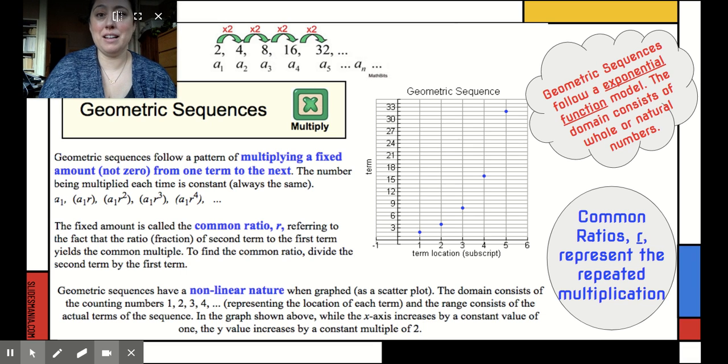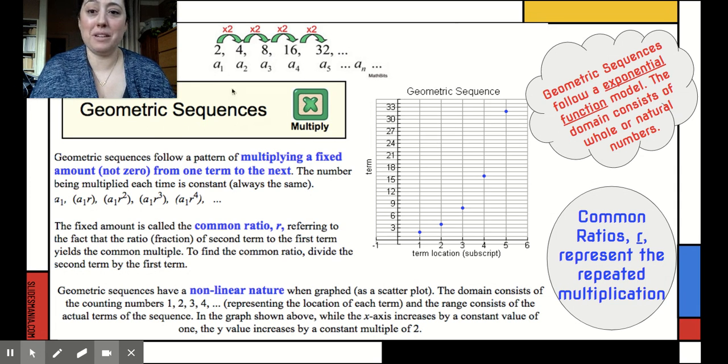Hey, good morning, everyone. Welcome to Thursday, where we are talking about geometric sequences, right? Yesterday was all about arithmetic sequences and how they are a type of linear function. A lot of you wrote on the Desmos activity that one of the things that distinguishes an arithmetic sequence from a linear function is that it's a type of linear function, but it's always discrete. Okay. And in the same way, a geometric sequence is always discrete also, because just like arithmetic, we're talking about